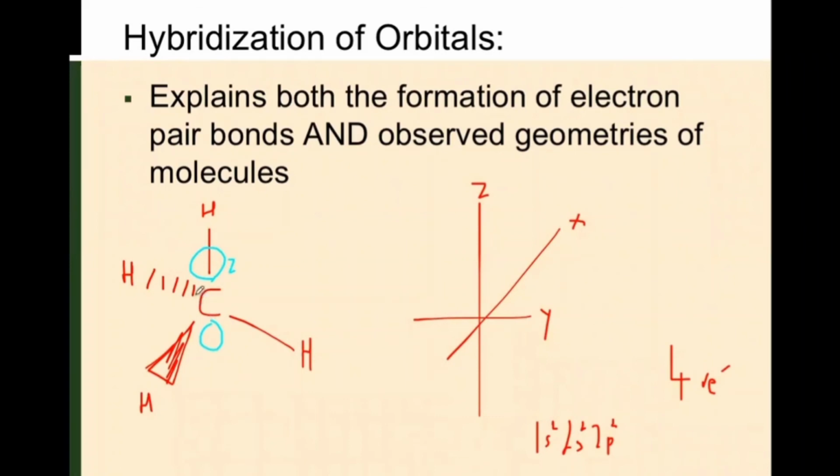Then if we look at the py orbital, that's our y orbital, it doesn't really overlap with any of the bonds. And the same thing happens with the x as well, because remember this H atom goes down and towards us rather than straight towards us. So it also doesn't really overlap with any of the bonds, but yet the bonds still form. Isn't it amazing? So one of the things we have to do is try to account for that. And so that's where our valence bond theory